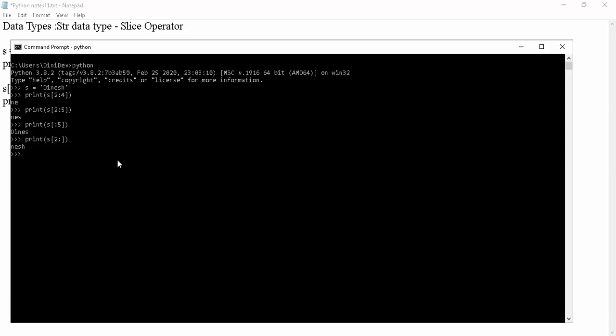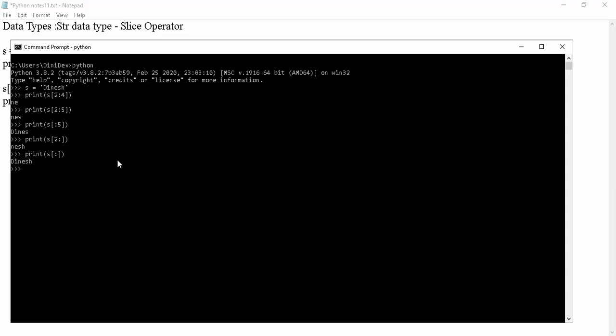Are you understanding? Now you may have a doubt. If I do not specify begin and end index, what is the output? The default value is 0, so it starts from 0 to the end. That means it will show the entire string.